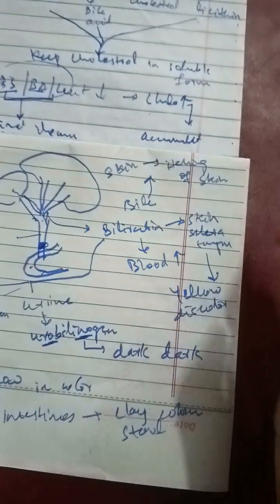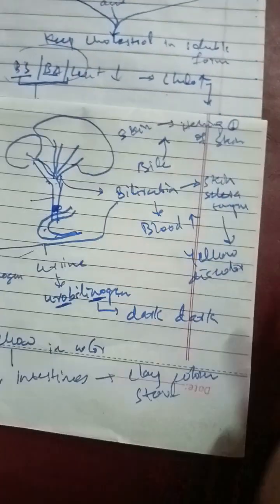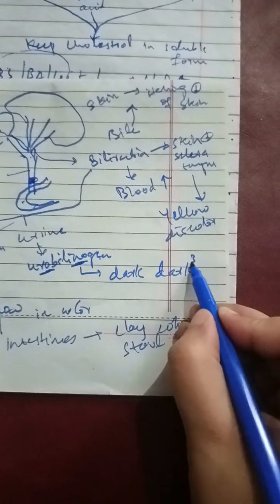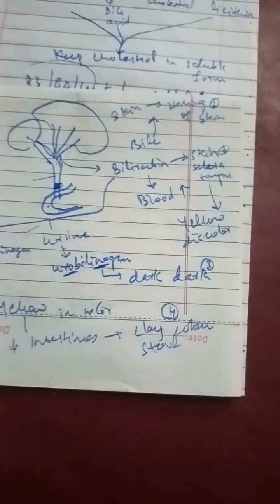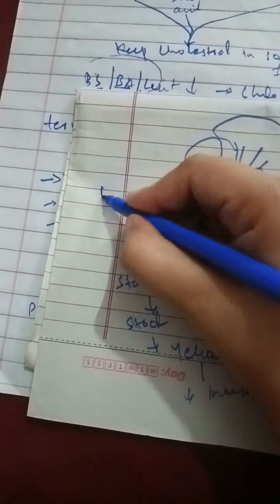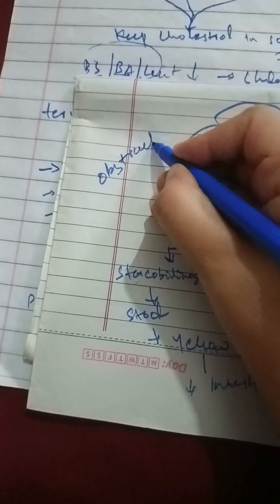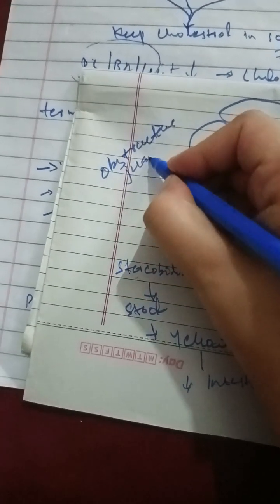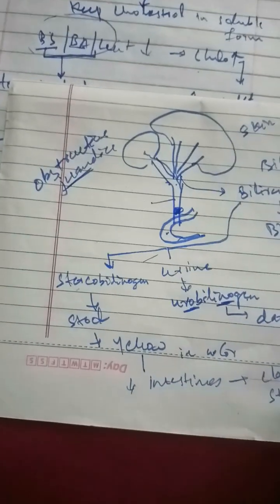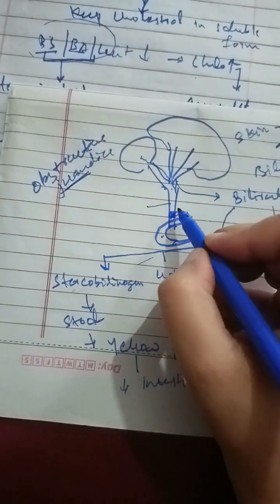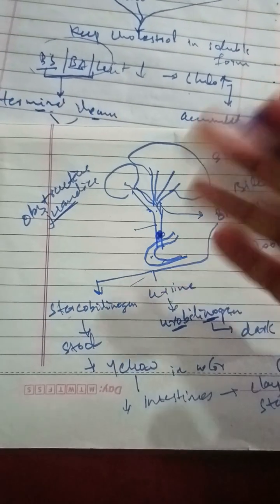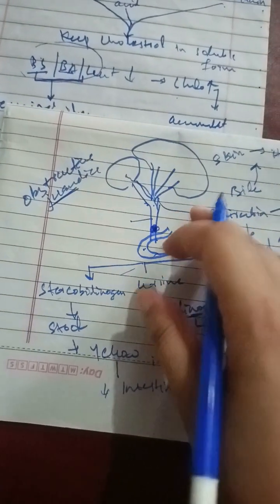These clinical features, that is the itching, the yellow discoloration of the skin and the sclera, the dark color urine, as well as the clay color stool, all these four clinical features combined are called the clinical features of obstructive jaundice. That is, jaundice is a sign, a manifestation, it is not a disease. It is a sign that occurs due to obstruction of the biliary tree by stone and by other causes. Other causes will be discussed later.